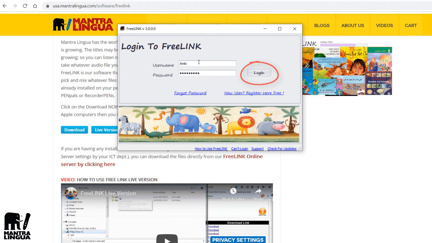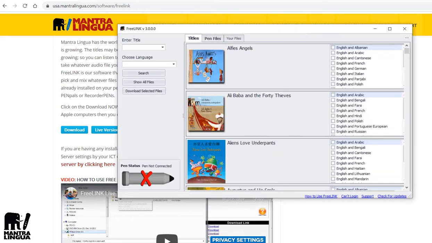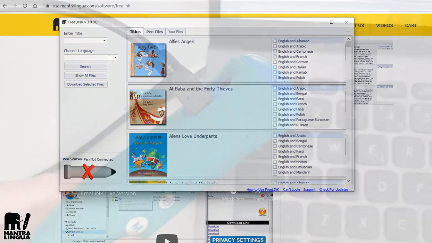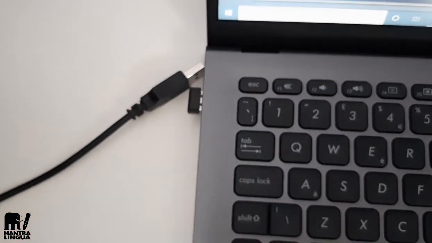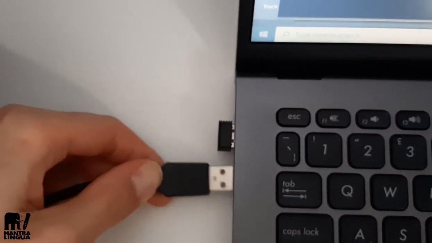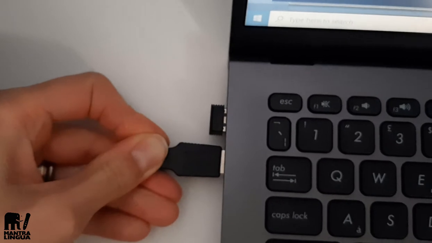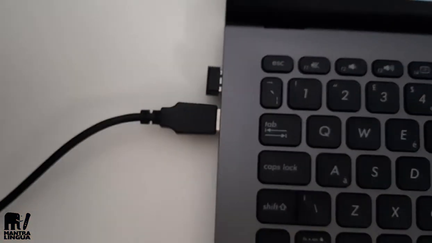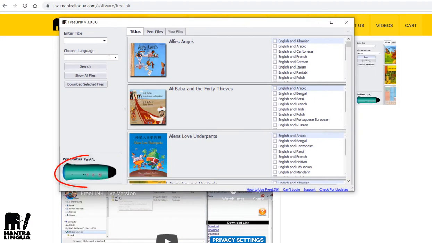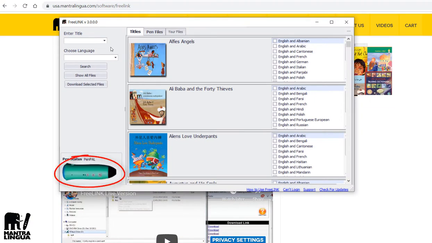You can now access all the files that have been added to FreeLINK. On the left-hand side, you can search for a specific language or a title. Before you begin to select files, connect your talking pen to your computer with the USB cable provided. In this instance, we are using the PenPal talking pen. Please ensure you start FreeLINK before you connect your talking pen. You can see in your FreeLINK window that the PenPal is now connected, so you can go ahead and add